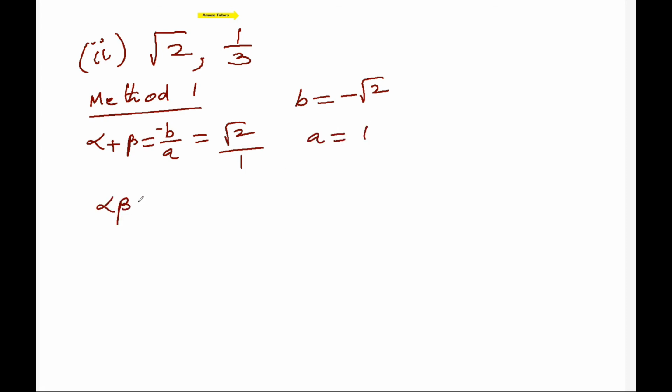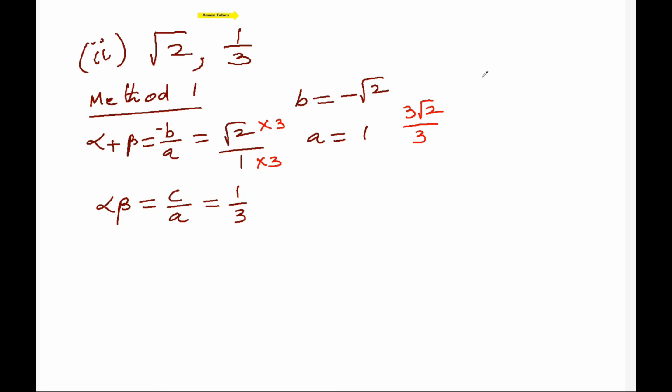Now let's write the product of the roots, which is c by a. c by a is equal to 1 by 3. Now when you equate the top and the bottom, c is equal to 1 but a is 3. Again it's different from the first part. a is 1 here. So what we can do, multiply the first fraction by 3 and 3 to make the a the same. So 3 root 2 divided by 3.